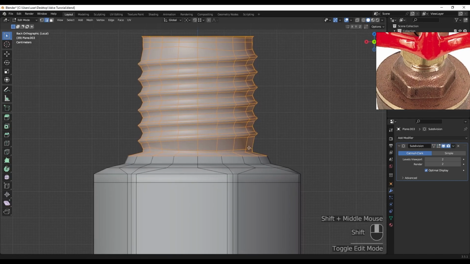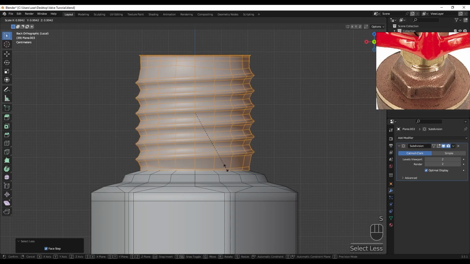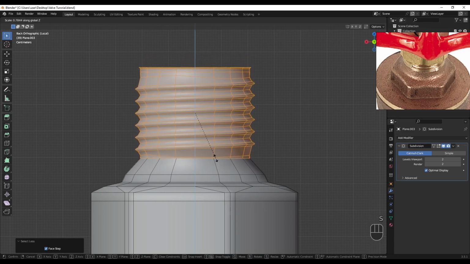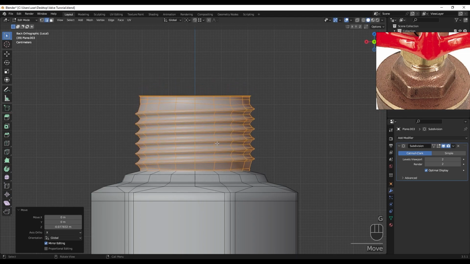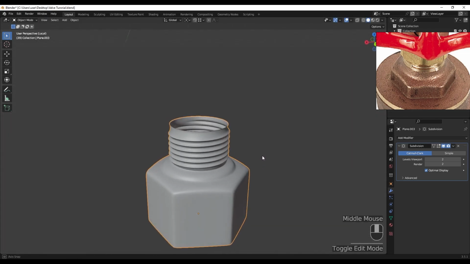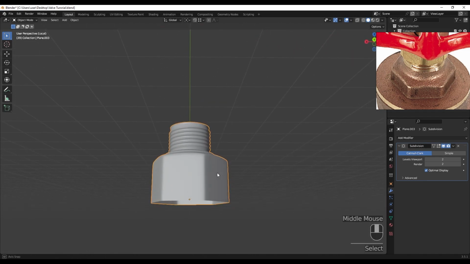All right, I think we can also scale this through Z-axis and make them closer and put them right here like this. All right, so also we can